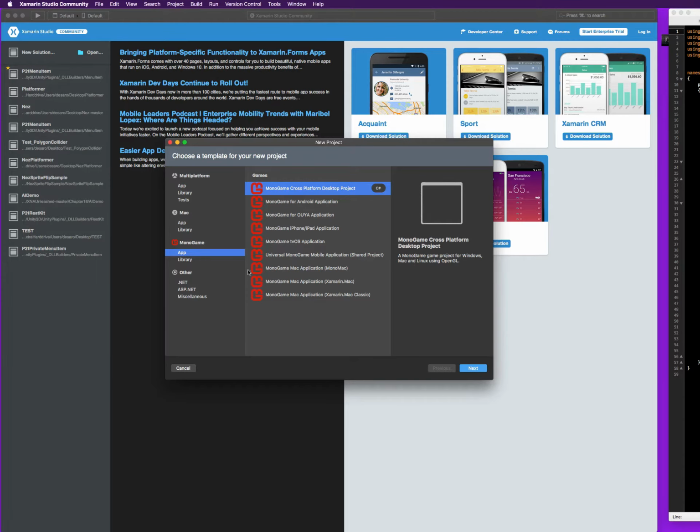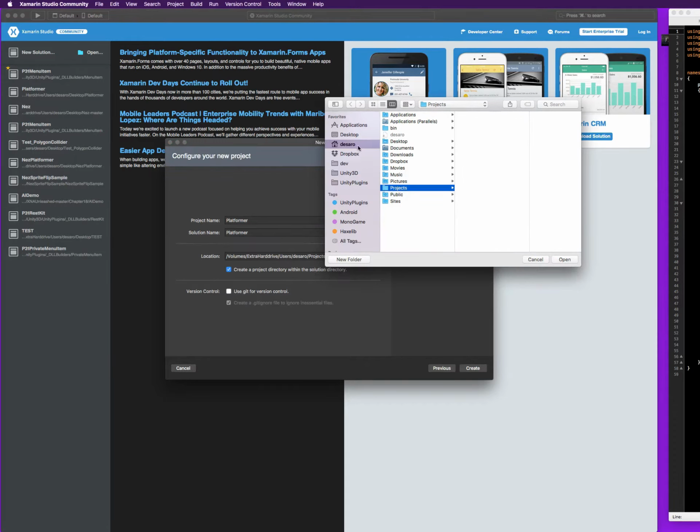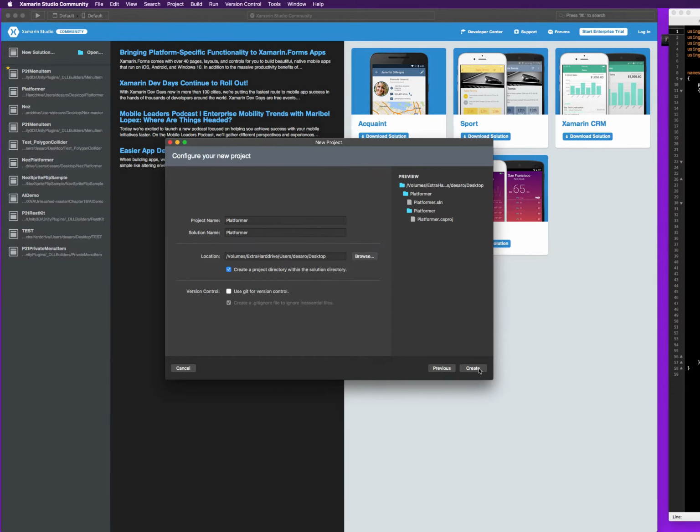And if you do have MonoGame installed correctly, you'll have project templates here. So we're going to go with the cross-platform desktop project. That's what you're going to want to use in most cases, unless you're targeting specific mobile platforms. So we'll just call this platformer and create that on the desktop and jump right in. Okay, this is going to create our project,